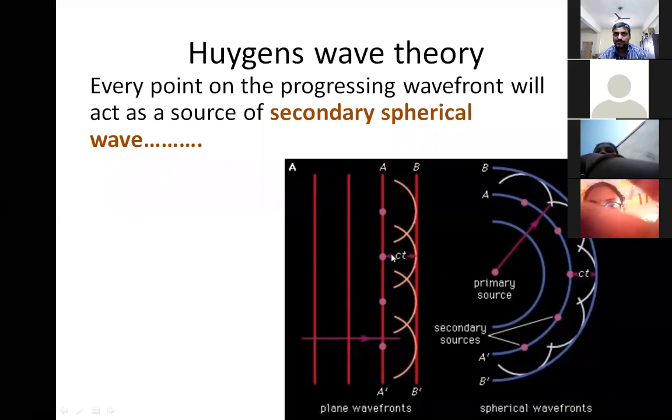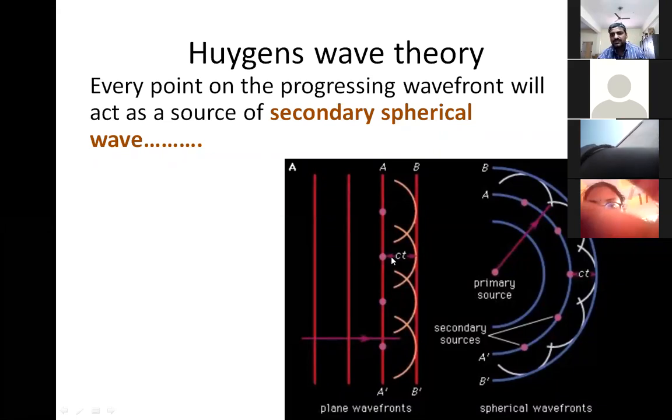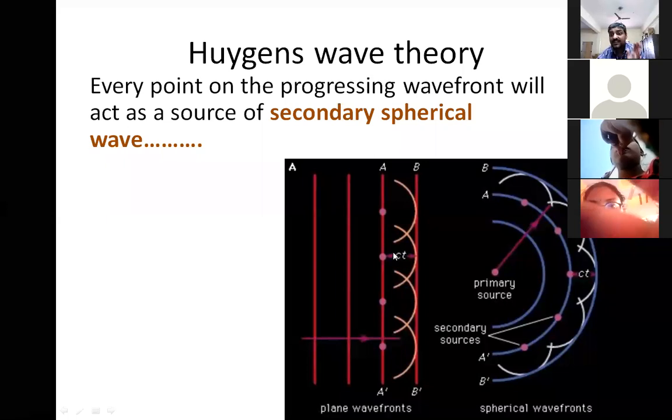Well, you know that the speed of light is c. And if you want to locate this particular wavefront A dash at a later time t, please try to understand, you have frozen the time and you are just holding the wavefront A dash, and you want to know where it will be. Of course, it will be at B, but to find out where, you must wait for a time of t seconds, I mean, t duration. Light is very fast, 3 lakh kilometer per second. So I'm just freezing the time.